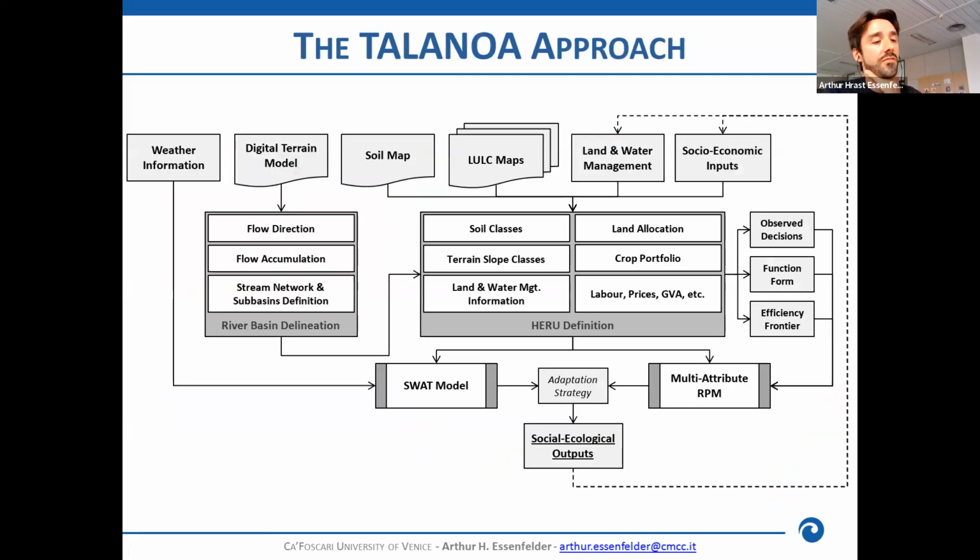In a more theoretical description of the framework, you can see here how it looks. So let's say here, I hope you can see my mouse here, but basically on the left side of this framework, up until this vertical line that I'm drawing here, right in the center of the HRU definition, you have the basic setting that you have in the original SWAT model. And on the right side here, we have basically the setting that we have from the microeconomic model.